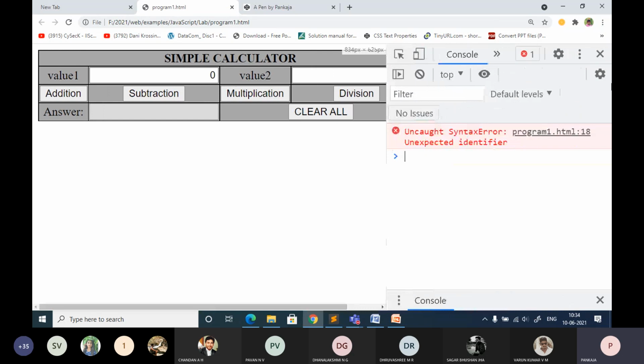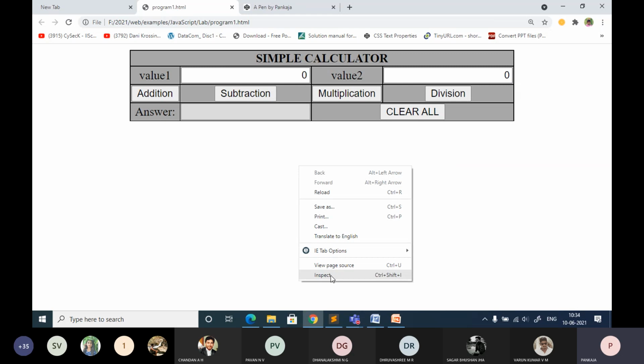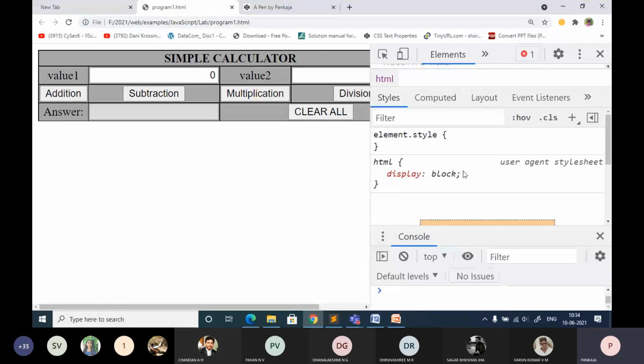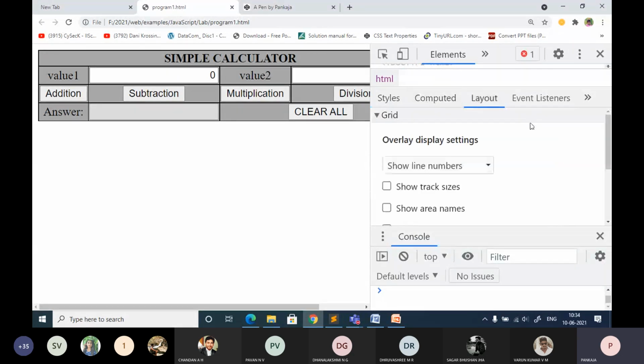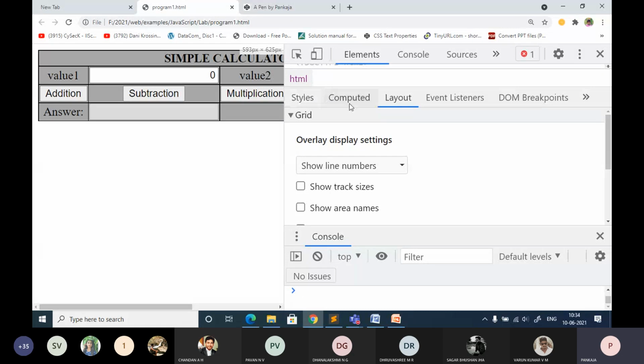Always make a habit of going through this inspect. Otherwise, you will not come to know where the mistake is. So always try to use this inspect option, and you will be able to check where the error is.